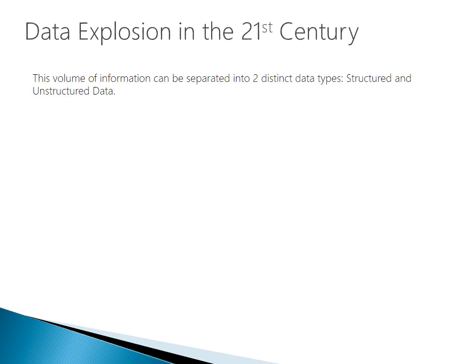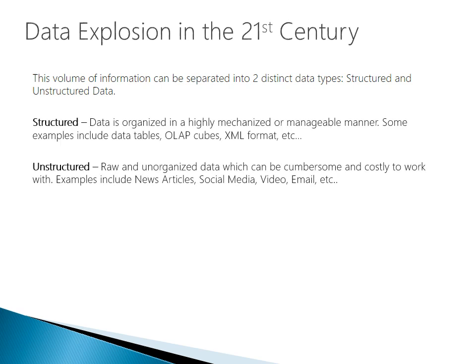This volume of information can be separated into two distinct data types. We call these data types structured and unstructured data. And as data scientists, we need to understand the subtleties of this type of data. Structured data is data that is organized in a highly mechanized or manageable manner. These would be your Excel spreadsheets. These would be data tables from Access, OLAP cubes, multidimensional,